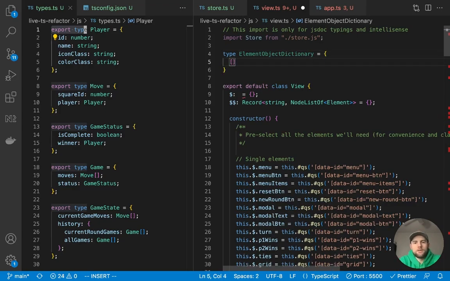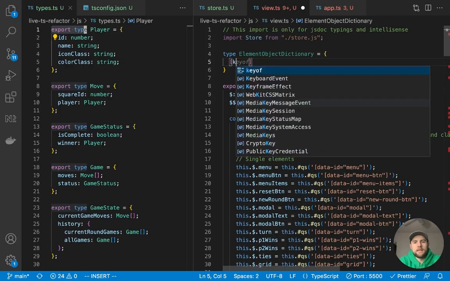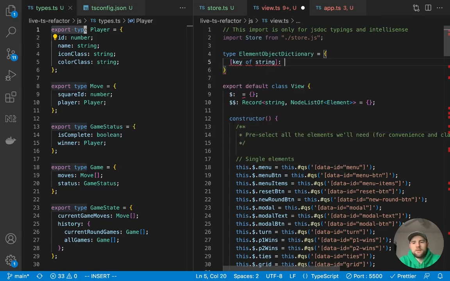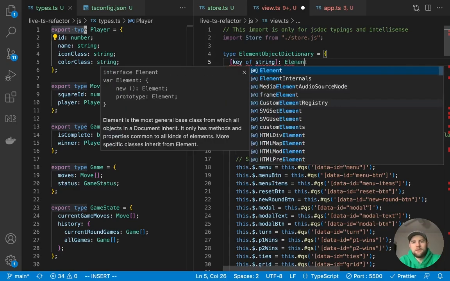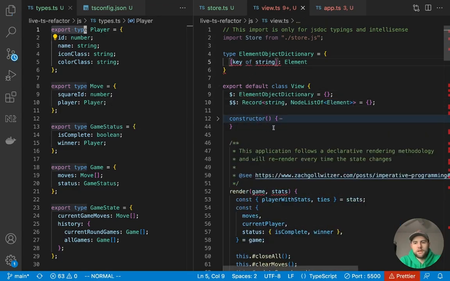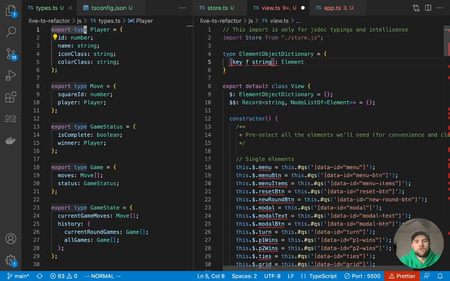And here what we can do is pass in a key of string, and this can be an element value. I'm sorry, it should not be of, it should be in string.